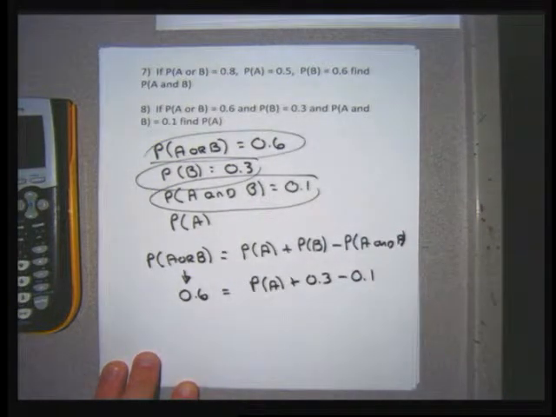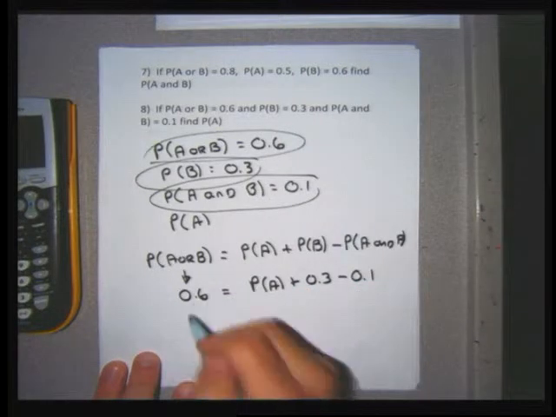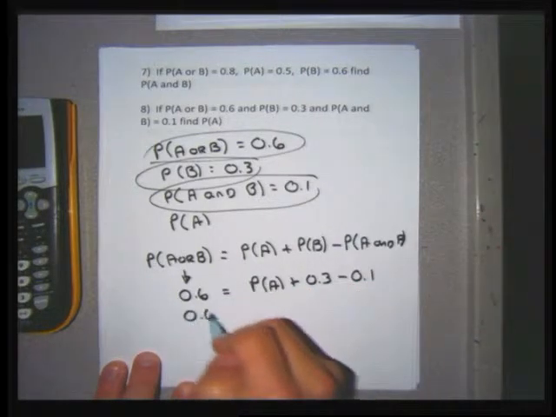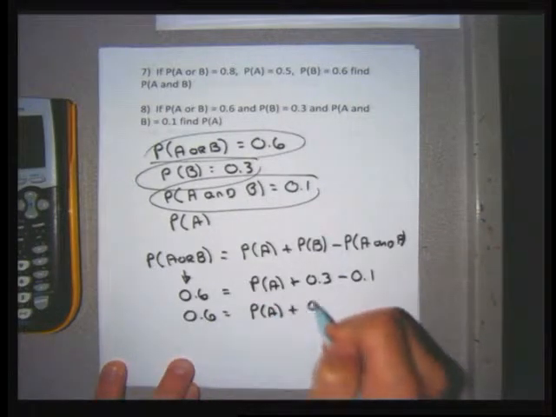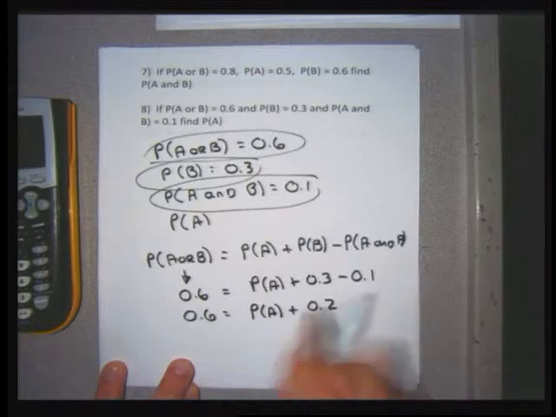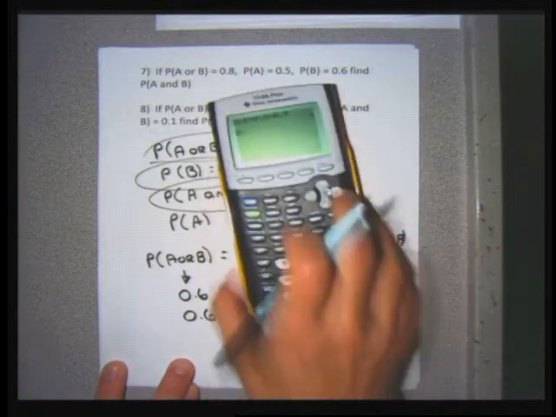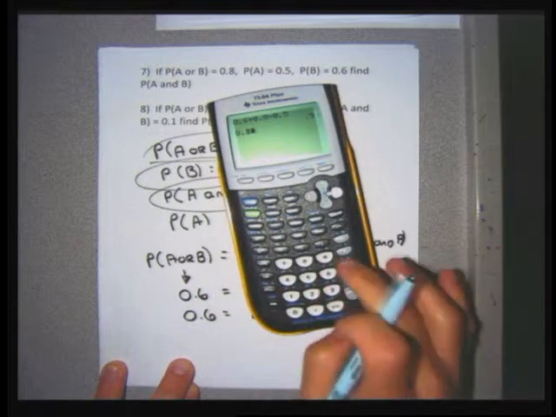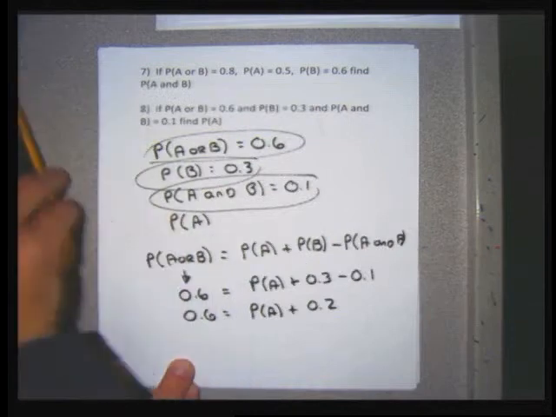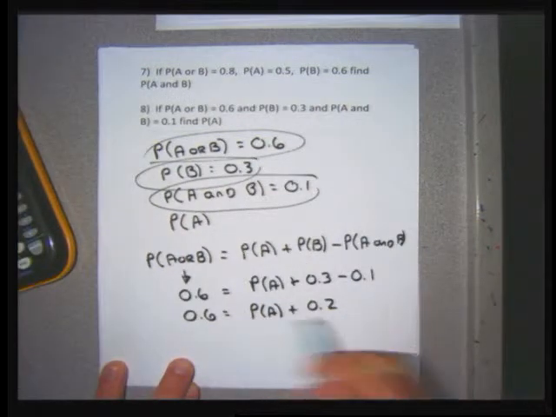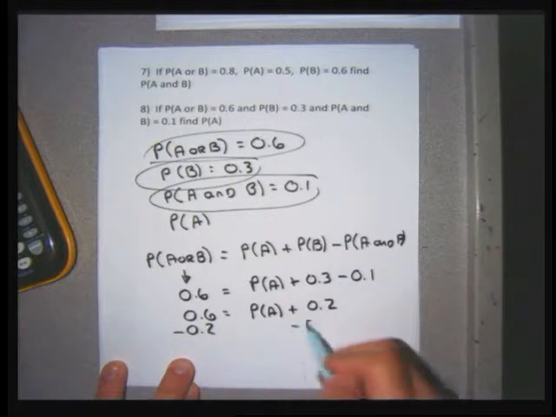Now I'm just going to do a bit of algebra. I'm going to subtract those. 0.3 minus 0.1 is 0.2. So I'm going to get 0.6 equals the probability of A plus 0.2, because 0.3 minus 0.1 is 0.2. If I did 0.3 minus 0.1, my calculator would give me 0.2, and you don't need the 0 there, but it's okay to have it there. And then to finish off solving for the probability of A, I'm going to minus 0.2 on